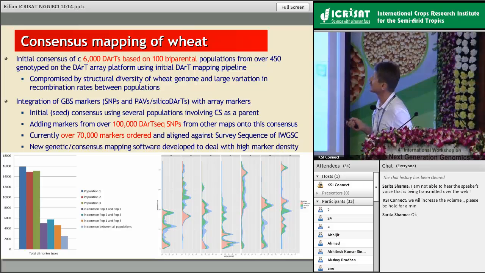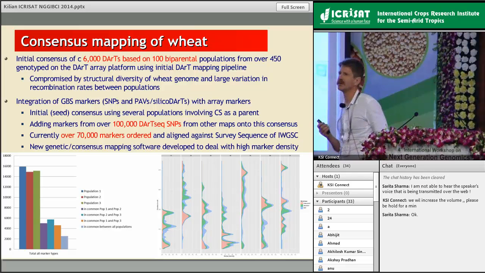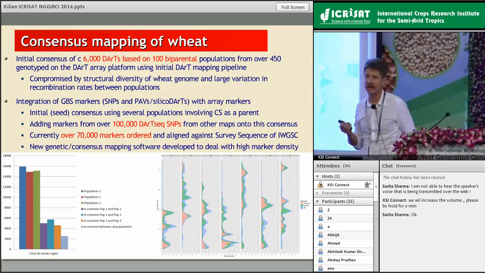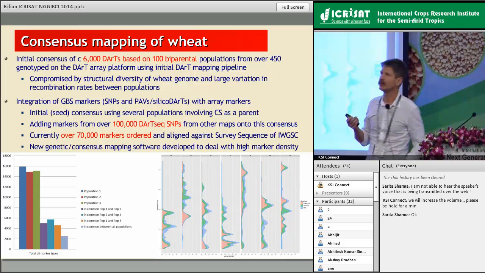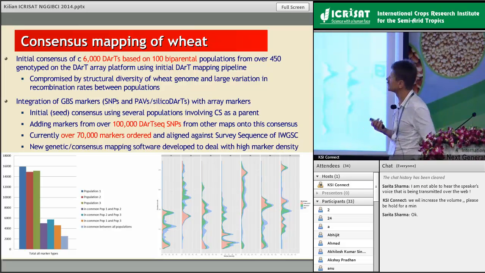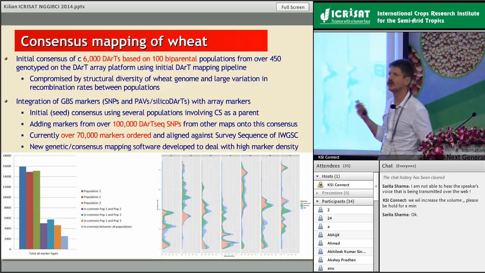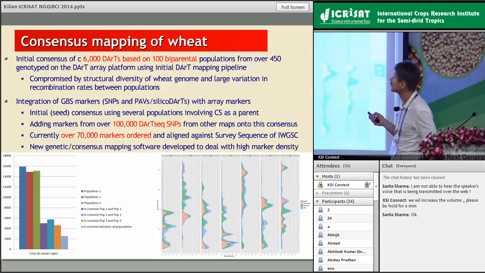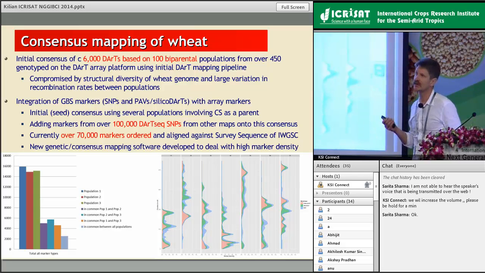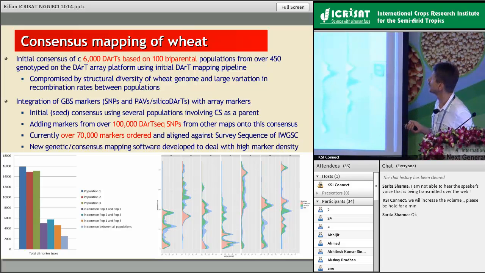Years back, we created 6,000 DArT array markers, and we actually identified a number of issues where we were trying to build a consensus for a species that is as diverse as possible. I think that it's important to understand that if you really want to have a genome sequence of wheat, you would have to do it probably many times, and then have a de novo opportunity for any variety. Practically any map we do in a biparental population will show some structural variation. A lot of these structural variations are linked to disease resistance genes that are transferred by breeders into the cultivated material. More recently, we added